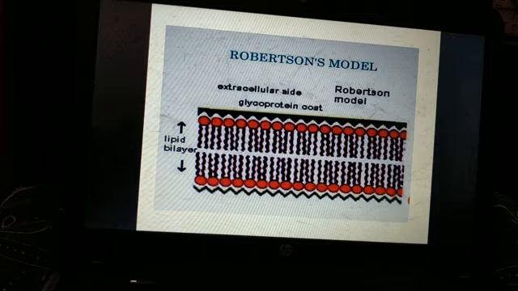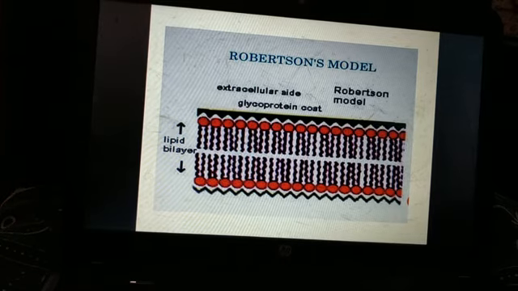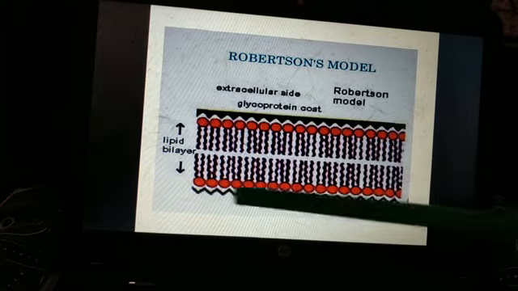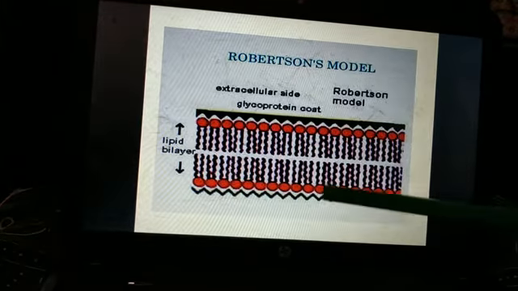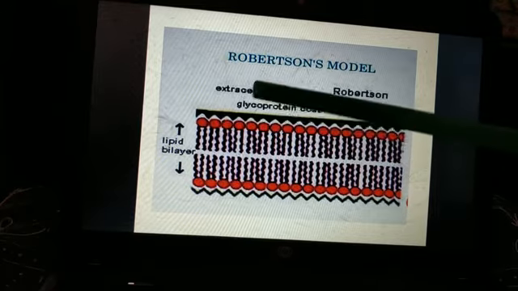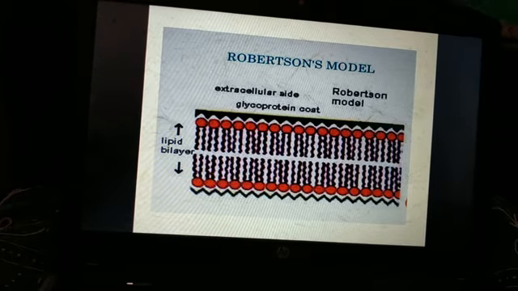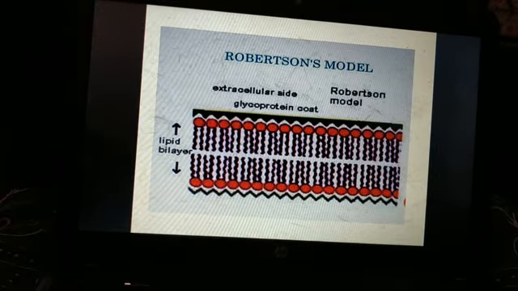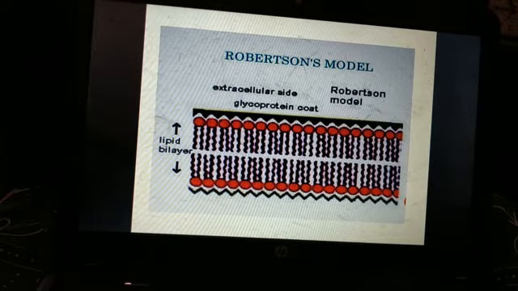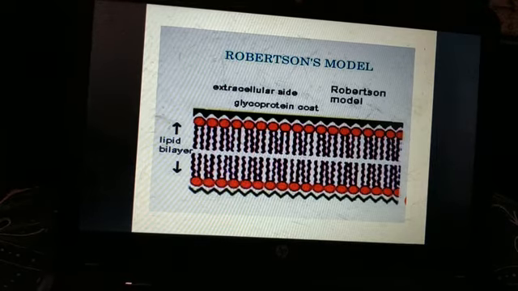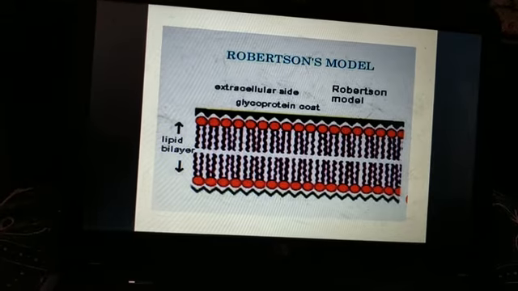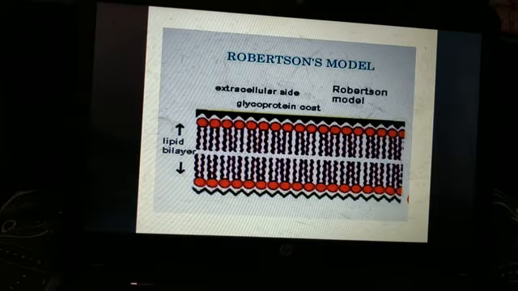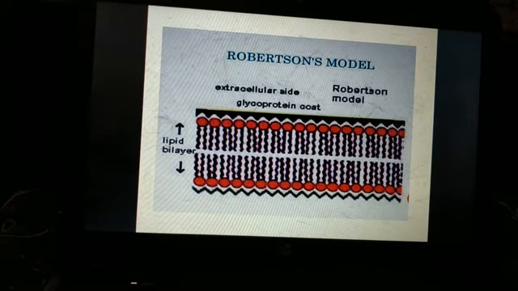I have another image for the unit membrane model. See here, these are phospholipid. Now this part is our protein. Here also this is our protein. But students, this model failed, it was not accepted because this model cannot explain the movement of water soluble substances. Since we know that plasma membrane is selectively permeable, it will allow some molecules to cross,